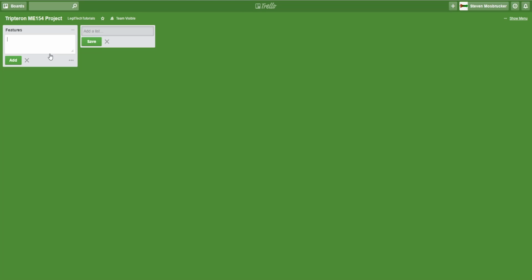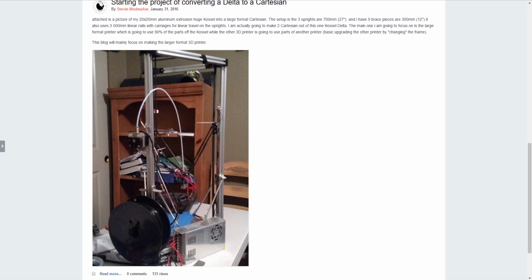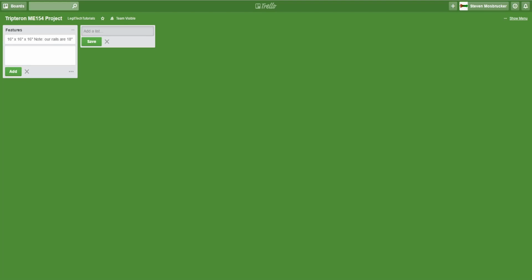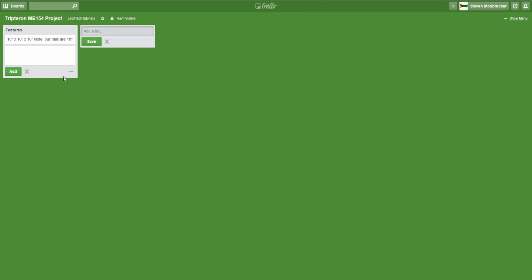change. So, we're shooting for 16 inches by 16 inches by 16 inches. But let me go back here. However, I'm going to say note, our rails are 18 point something. I believe this is like 18 inches or so. So our rails are actually 18 inches. So that's basically what these pieces are going to be, 18 inches, 18 inches, 18 inches, 18 inches. So we have a total of a maximum possibility of 18-inch print volume. So 16 by 16 by 16, and then we're going to use the three main extrusions, the Z, the X,